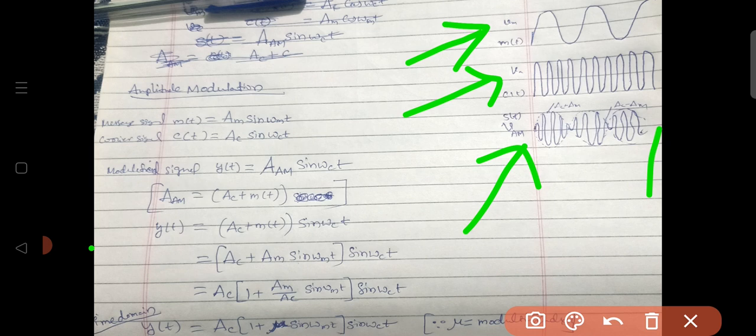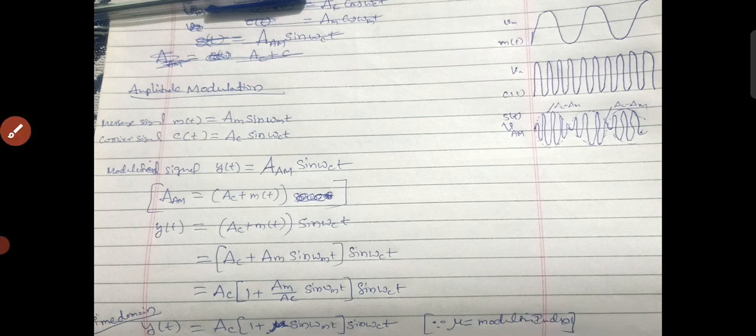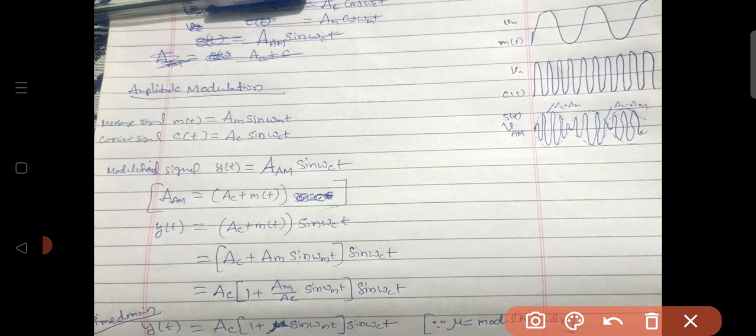Okay, in this derivation I used notations as follows. You just observe, in some textbooks different notations are used, you don't confuse. Here the amplitude modulation message signal is indicated by M of t. So what is the mathematical representation of the message signal? It is Am sin omega mt. Here Am sin omega mt is the message signal or modulating signal. Modulating signal means message signal.